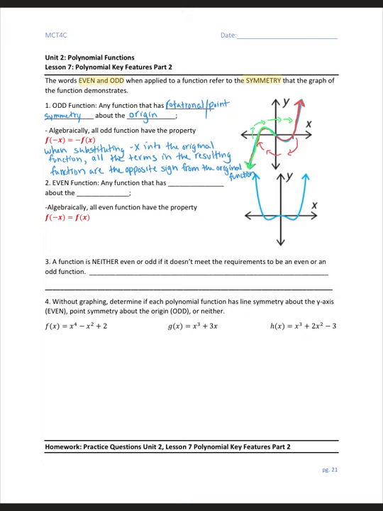So that is one type of symmetry that we could see with polynomials. This odd function means that it has rotational symmetry, or it rotates about the origin. All right, another type of symmetry that a function could have would be for us to say that it's an even function. So any function that has line symmetry